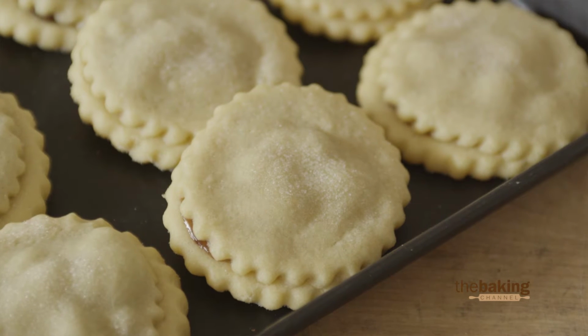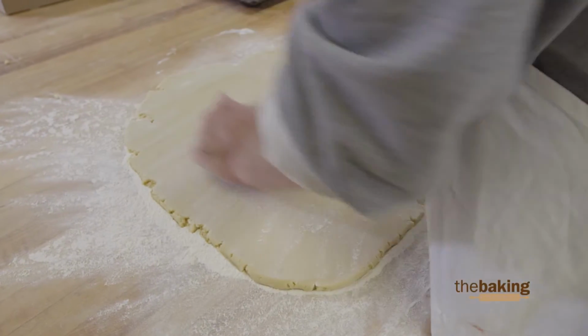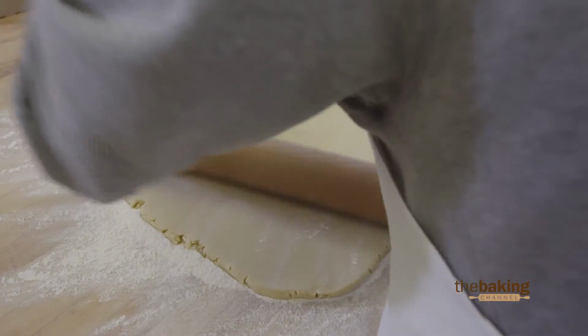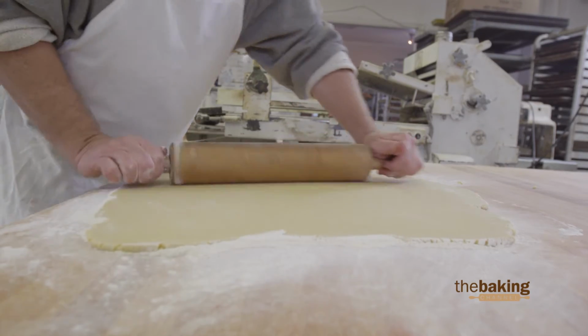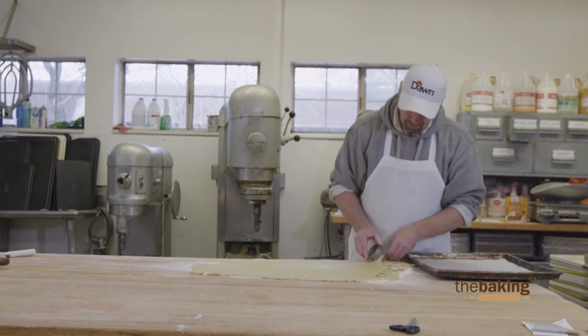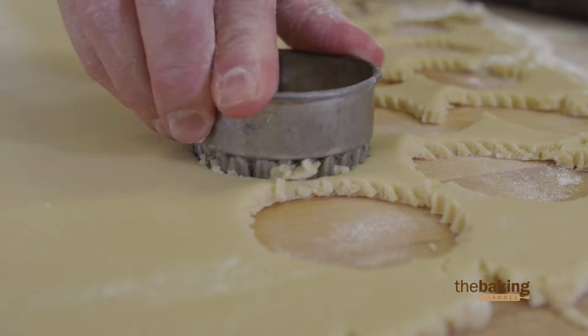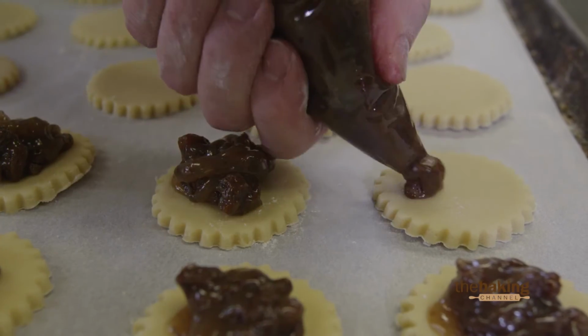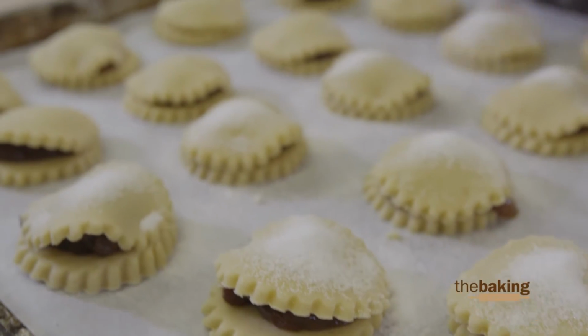And so what I did here is I just took the original Provo Bakery sugar cookie recipe, and I rolled it out thinner than a normal sugar cookie because you're going to put two of those cookies on top of each other. So I do it thinner, and I cut it out with a cookie cutter, and then I add a little bit of raisin filling in the middle of it and put another piece on top, and I put a little bit of granulated sugar on top to separate it, because we usually do